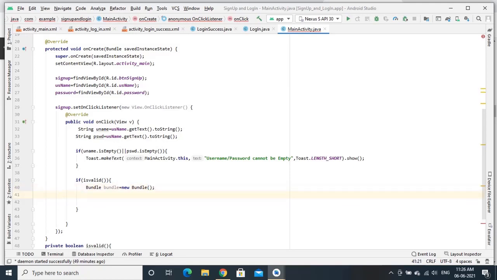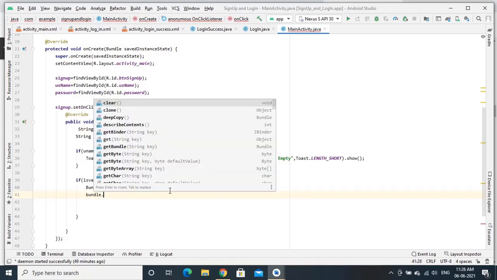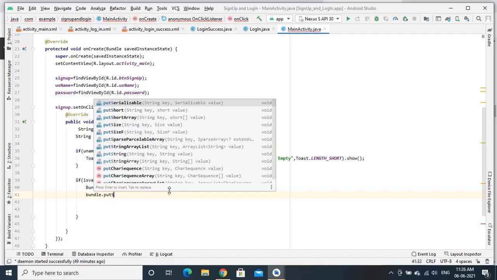And next we have to insert these two values into this bundle, or we are storing these two values into the bundle. The function we use for storing the values is bundle.putString, because since the value is string, we are using the putString function. Here it takes two arguments.